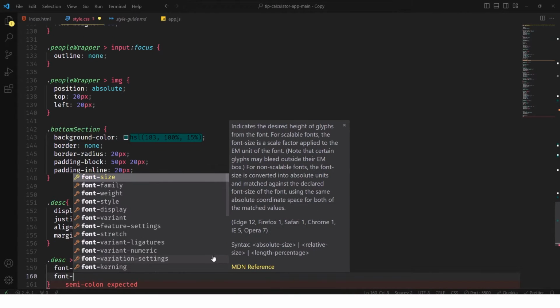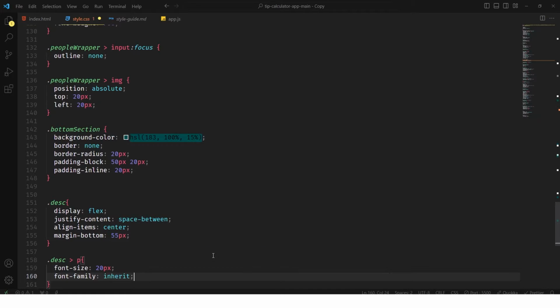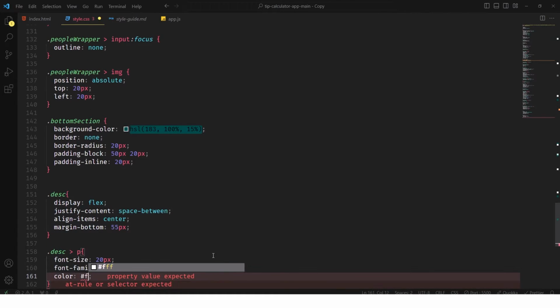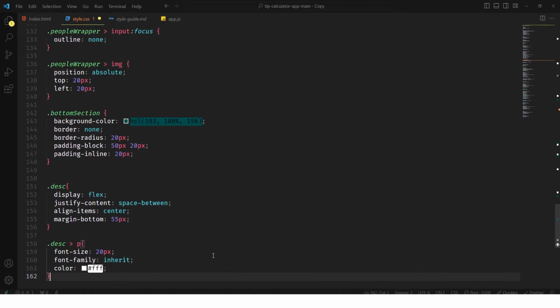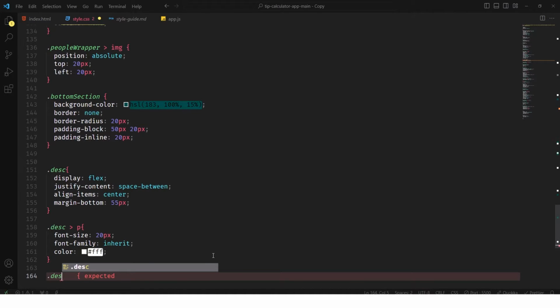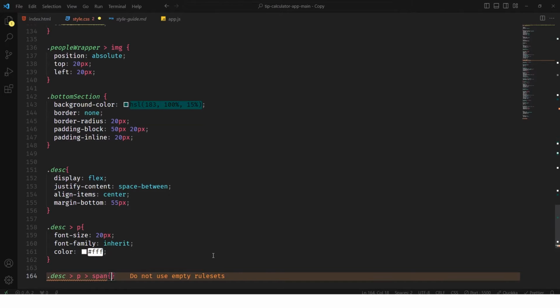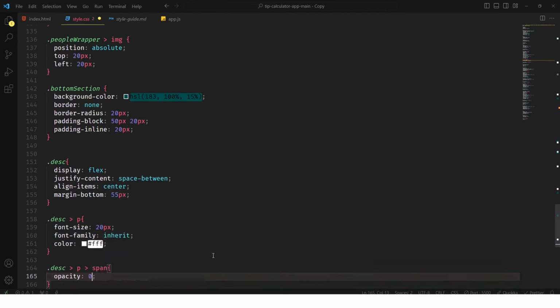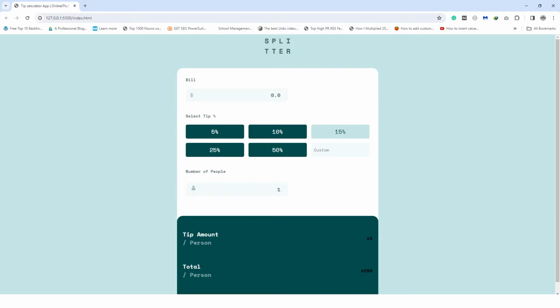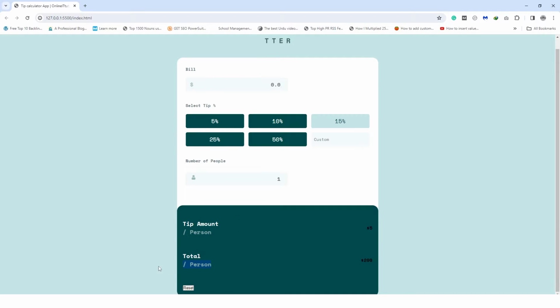Font family I'll use inherit and color is white. Then I need to select the description and say that I have a paragraph. Inside the paragraph is span tag, so I need to use opacity is 0.5. Save, and here is opacity. Yeah,